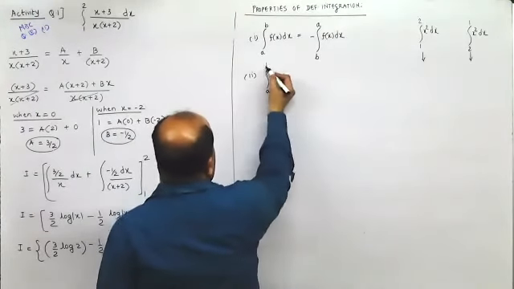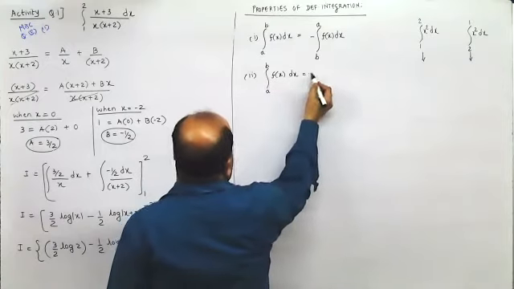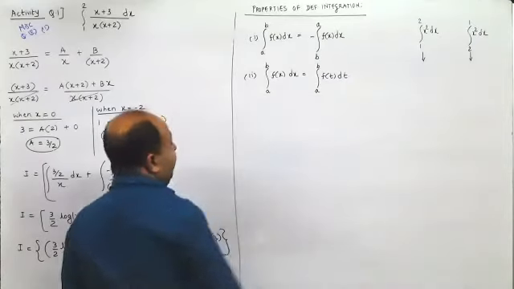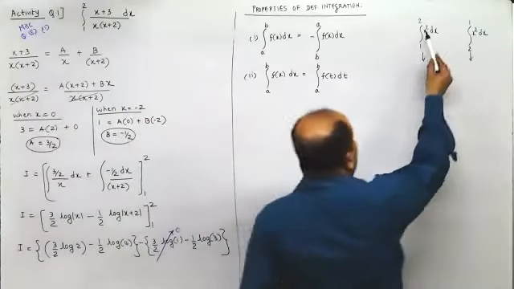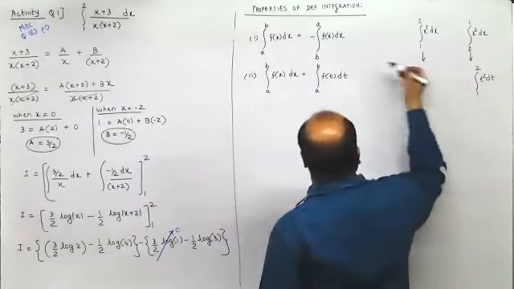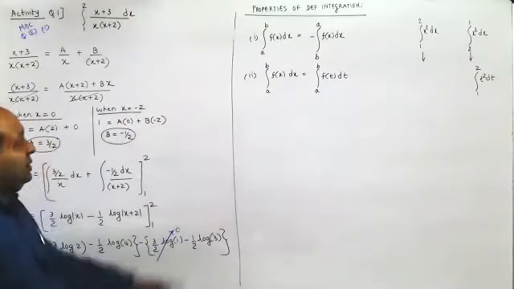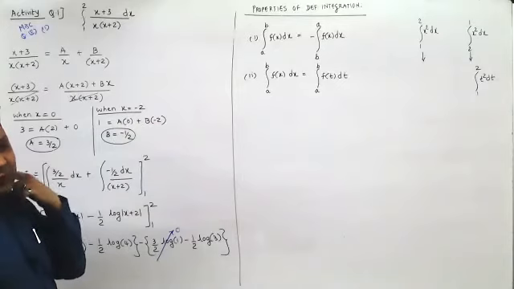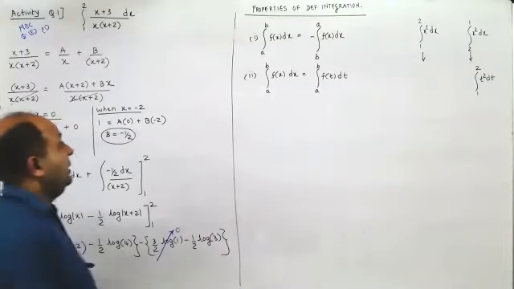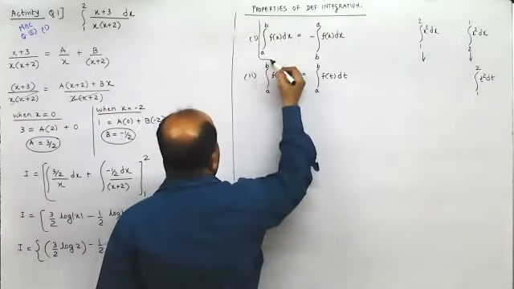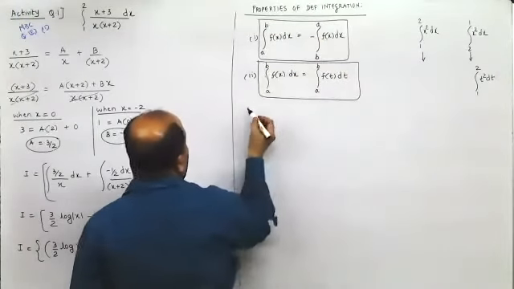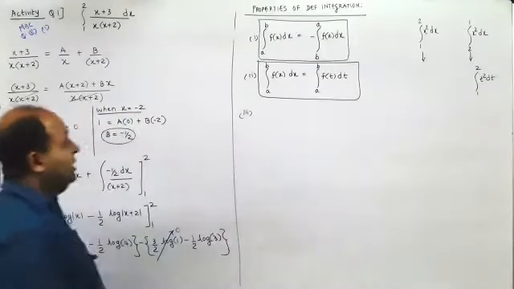Next, this is the first one. Second property, if I write a to b f of x dx, or I write a to b itself f of t dt, that means the function is the same except for the variable. Say instead of x square dx, I write t square dt between 1 and 2. Then the value would be the same. If the function remains the same, the variable doesn't matter. This is the second property. Go through these properties when you come for the next lecture. Otherwise, you won't follow tomorrow's lecture.